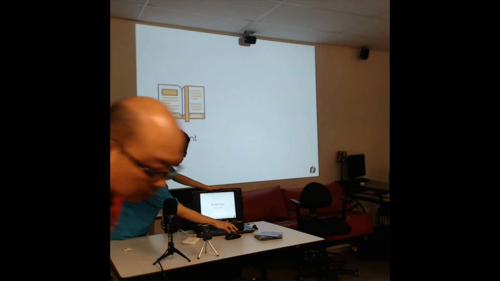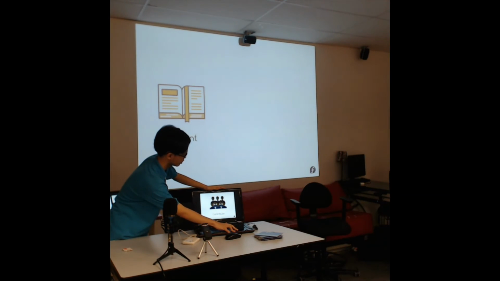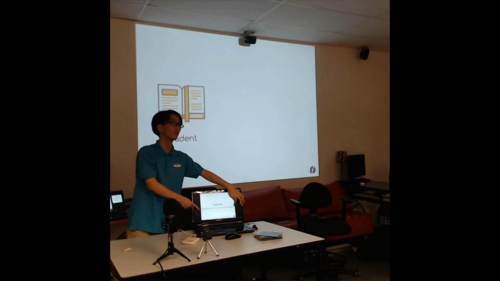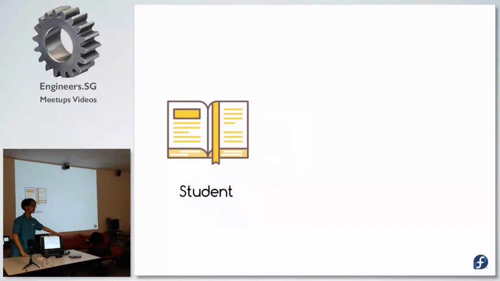SVG not loading. Okay, you can see the text as well. It went outside. That was not supposed to happen as well. So I guess the support from LibreOffice in terms of open standards is better as compared to support from Microsoft PowerPoint.